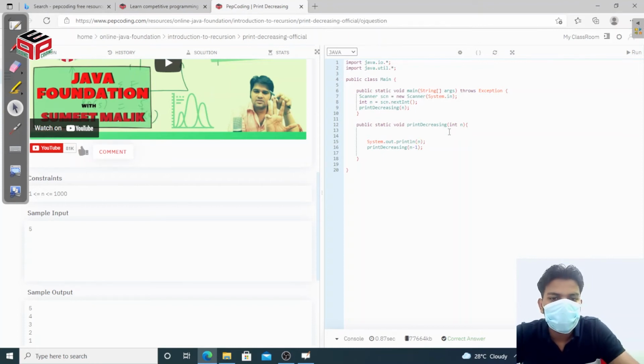We are going to dry run this problem on a stack with a low level approach so that you can understand what the base condition is and how we can print 5 4 3 2 1. You can easily understand what's going on in this function. Everything you can understand in the dry run. Okay, so we are going to dry run this question.